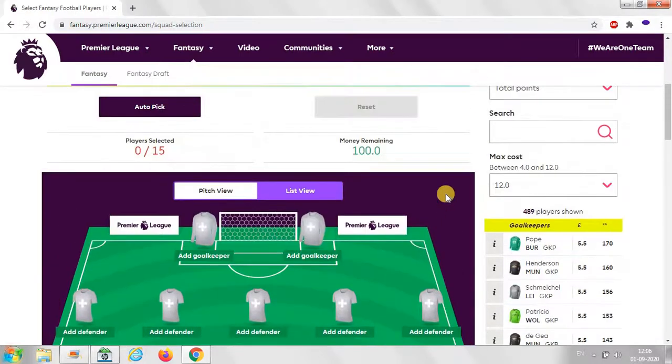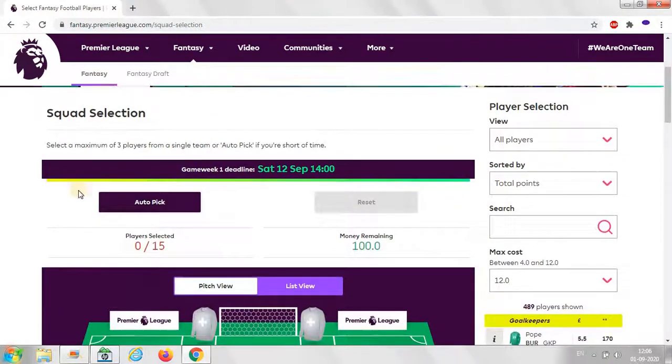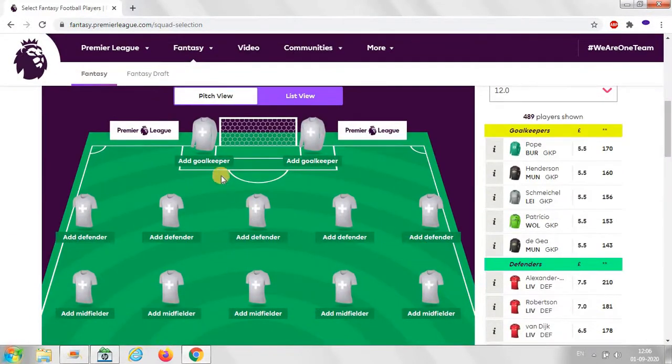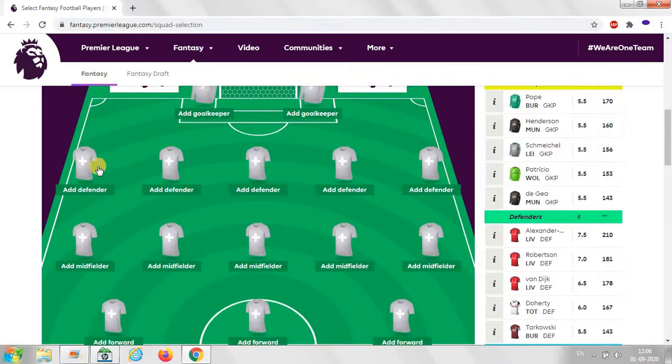So let me explain how to. First you need to create a squad selection. I'll give you a basic tip: because only one goalkeeper will be playing, we can make a formation like 1 goalkeeper, 3 defenders, 5 midfielders, 2 forwards, or else you can make 1 goalkeeper, 4 defenders, 3 midfielders and 3 forwards, or else 4 defenders, 5 midfielders and 1 forward.